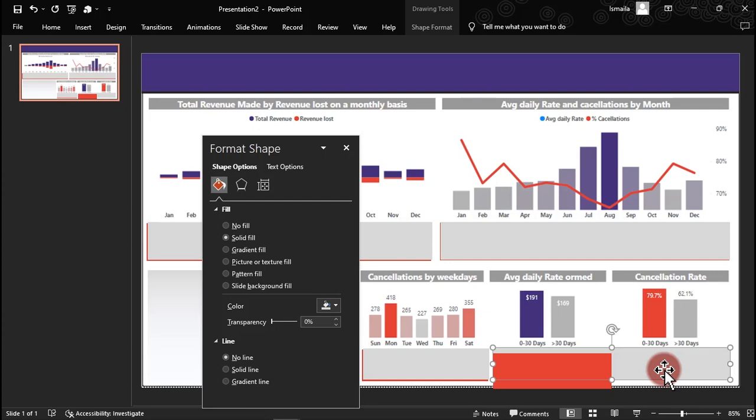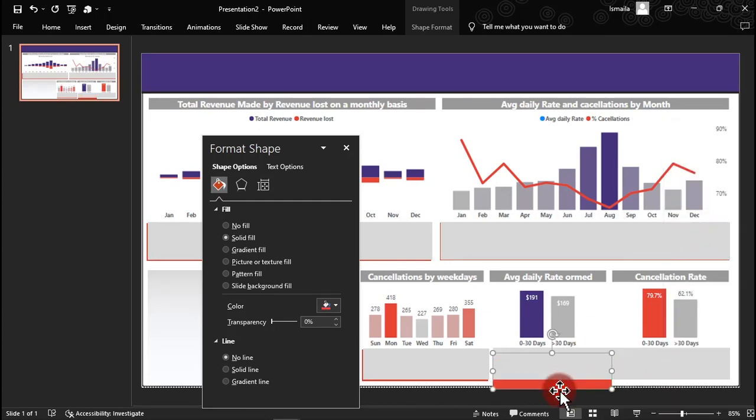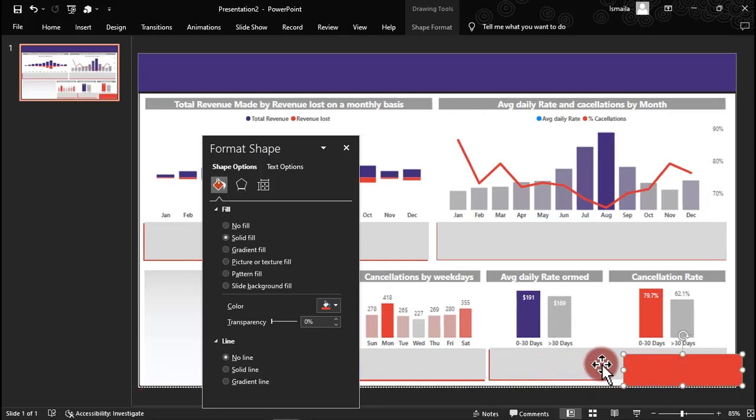And I'm going to have to make sure I right click and bring this one to front. Now if I click on this, I'm going to take it up. So once it appears a little bit, what I'm going to do right now is make sure I just make this one go. And I do this. I bring it out a little bit right here. So I'm going to have to duplicate this and I have the other one out, right? So what I'm going to do right now, this one here,